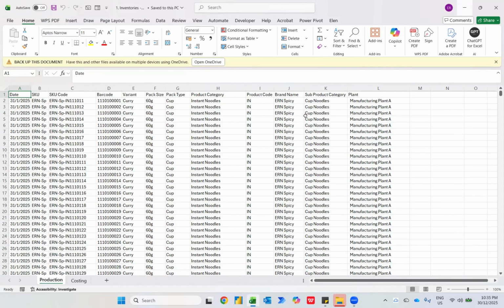Very good day everyone. So today we will learn how we can prepare a dashboard in Power BI. Let me show you what files I'm going to use today. I'm going to use these particular files, where this file shows the production of our products, and